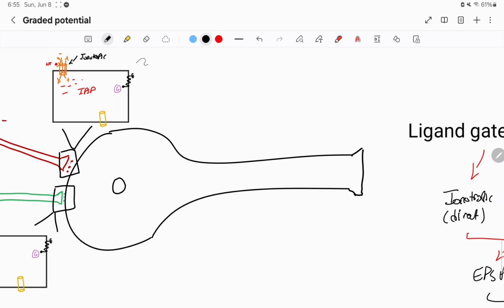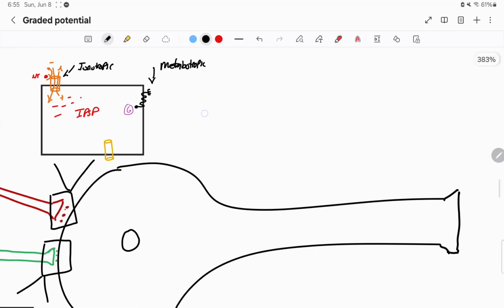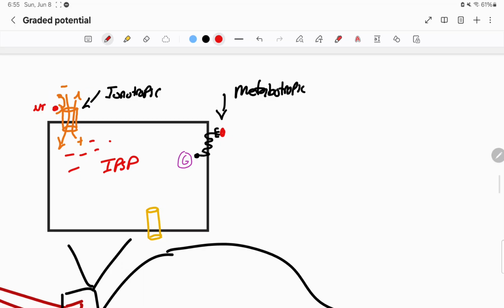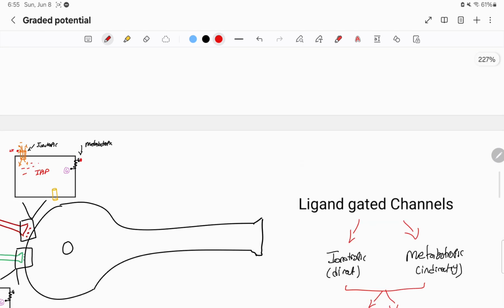What about a metabotropic channel? This is what a metabotropic channel looks like. We said that this metabotropic channel is G protein coupled. Take a look at it. This is exactly what it looks like. This is where the ligand binds. So our inhibitory neurotransmitter will bind here, just like it bound in this scenario. The only difference is that this metabotropic receptor, which is, by the way, again a type of ligand-gated channel,